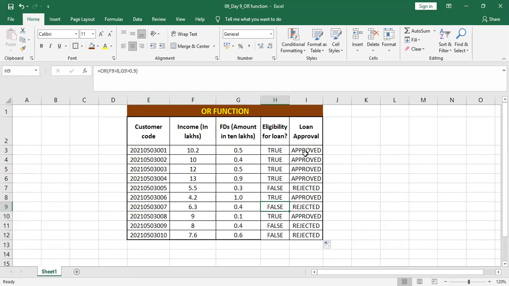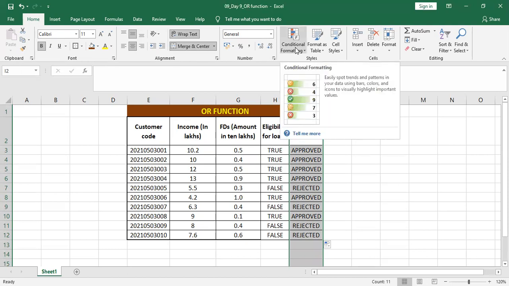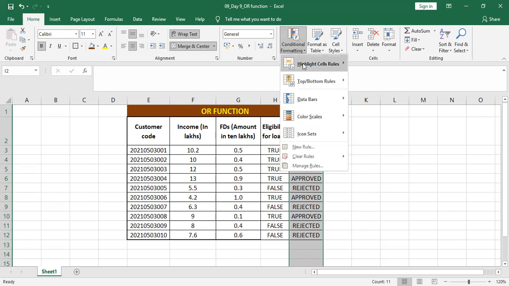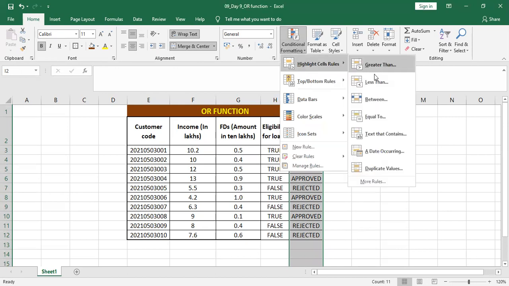To highlight them more, I'll select this column. Then I will use conditional formatting. You can see in the Home tab there is conditional formatting. I'll go to Highlight Cells Rules, and because I'm using text, that is words, I will use Text that Contains.